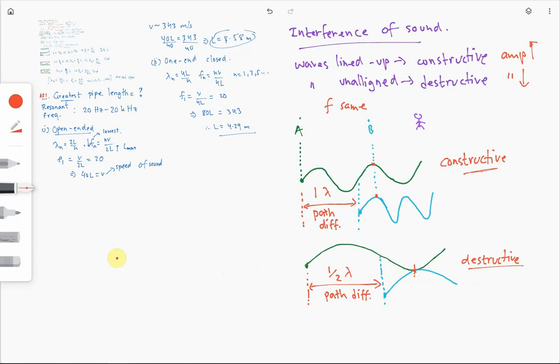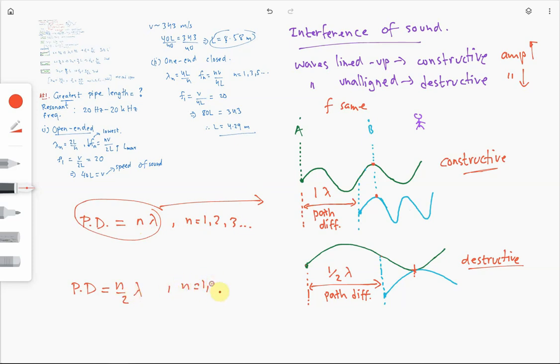Therefore, this is a pretty general trend, and in general, we can write that for constructive interference of two sound waves from two different sources with the same frequency, if the path difference between the two waves is nλ, where n is 1, 2, 3, and so on and so forth, we will have scenarios like this, or constructive interference. Whereas for path difference of n over 2 λ, where n is 1, 2, 3, and so on and so forth,